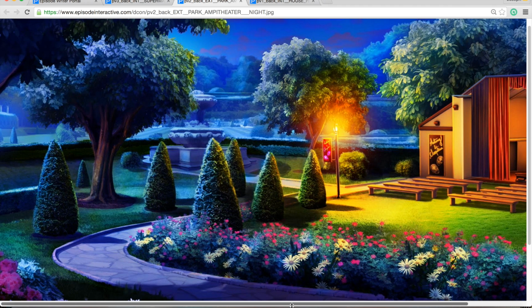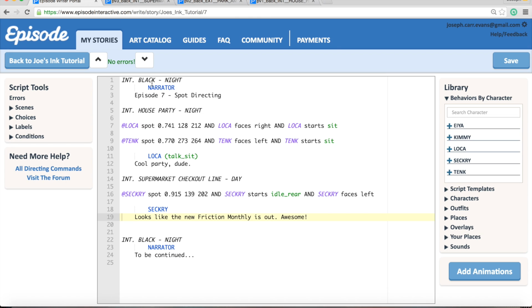So if we scroll over, Zone 1 will be around about this area here, Zone 2 will probably cover this area, and Zone 3 will be this one here. So yeah, it looks like it's going to be Zone 3 we're going to need to use. So let's go back to our script, add in the background's name. So it's Ext Park